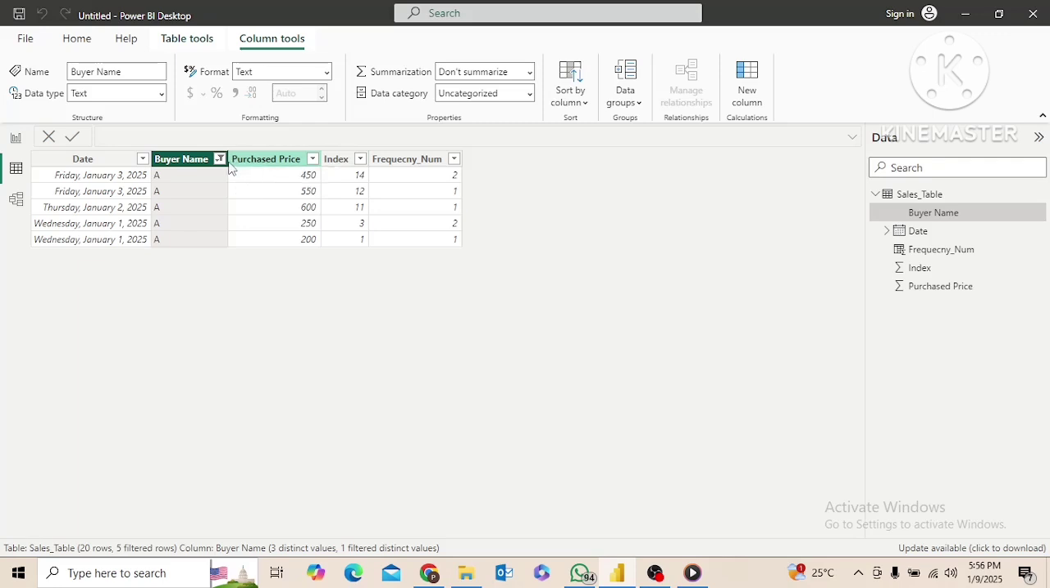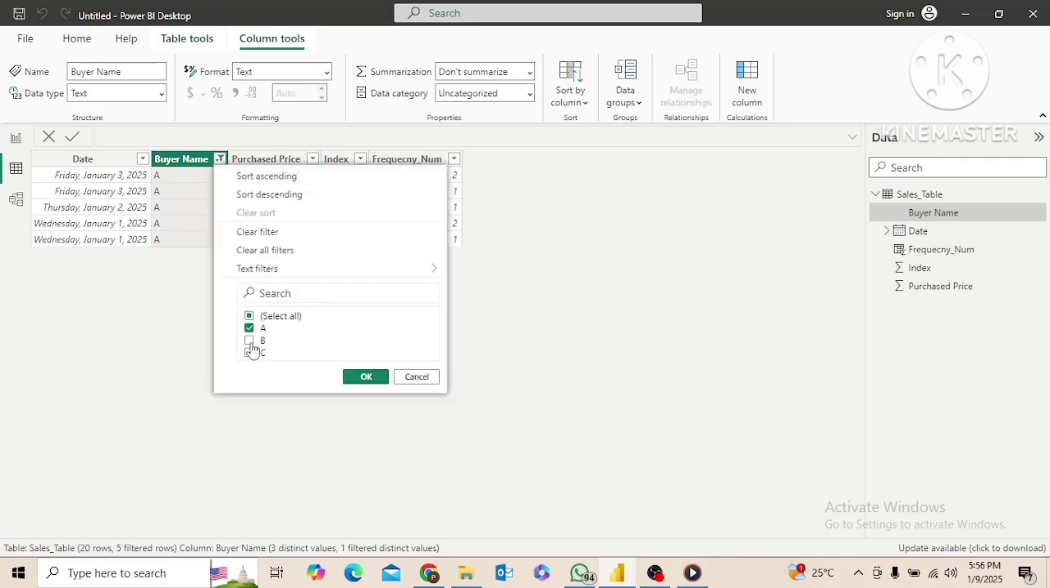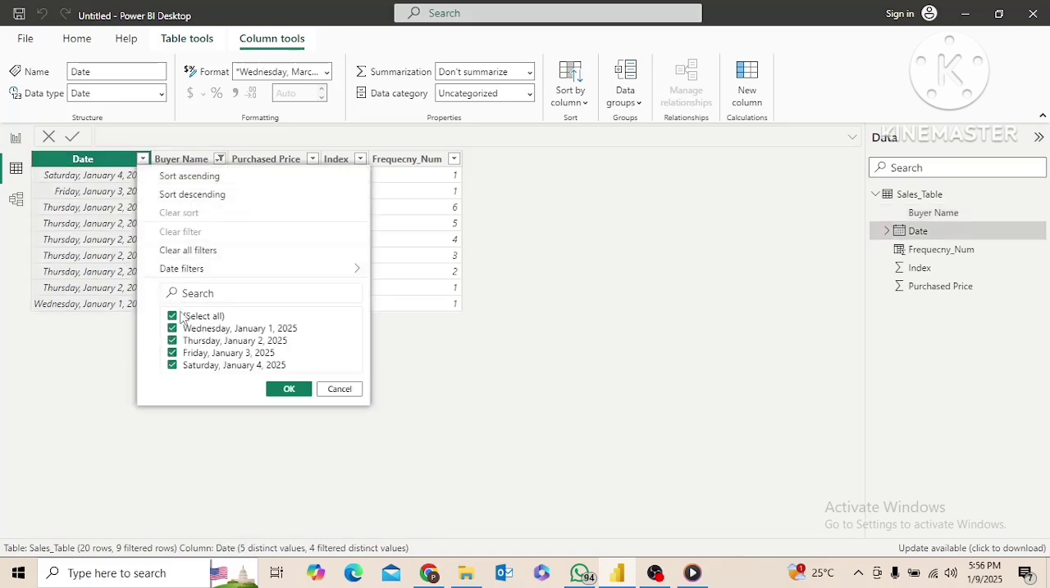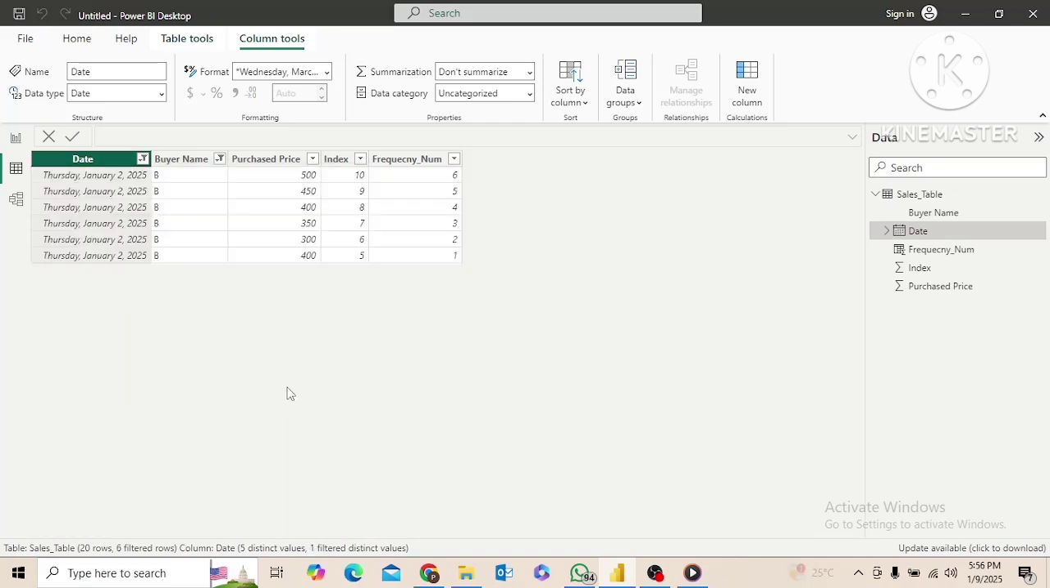So we will see another buyer also. We will filter only for the second date. See here, buyer B on the second date, the first time he purchased, the frequency number is showing 1, the second time it is showing 2, and the third time it is showing 3. So this is the logic we have written in our DAX formula, because the index is everywhere. First time it is 5 and the second time it is 6, because when index is less than or equal,